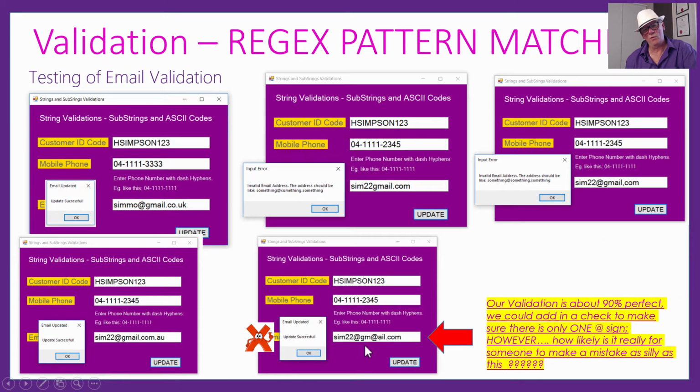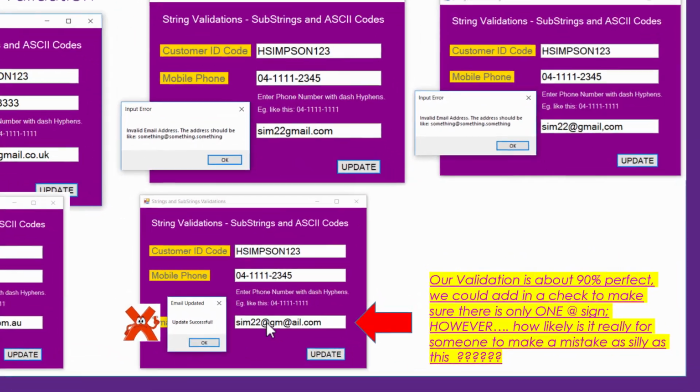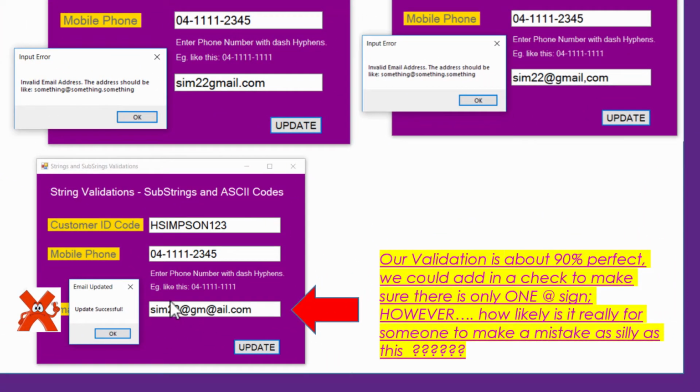The only problem was this one we found in our testing. You could put 2 @ signs in. All right, now this is where you kind of make a decision. You think, well, would anyone be dumb enough to put 2 @ symbols in an email address? Probably not. So we're not going to go and add any more to our validation. But if you're a real stickler, if you're really fussy about detail, yes, we could check that there is one